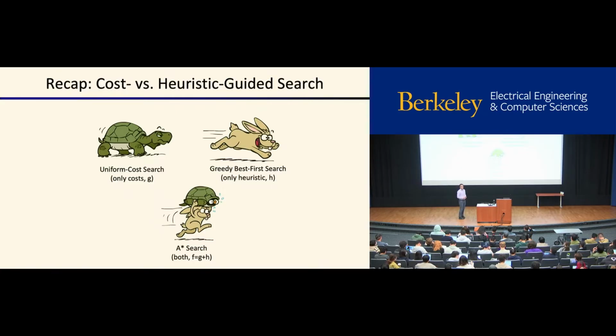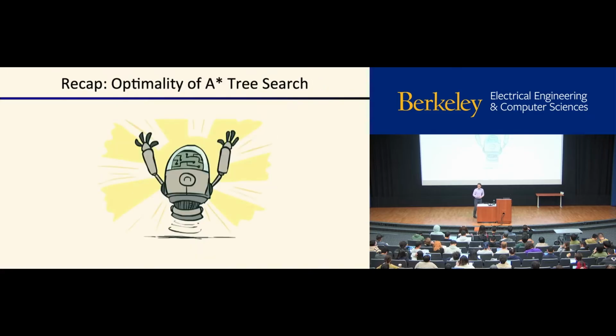Sometimes we want that, right? Sometimes we don't care if we have an optimal solution. We just want a solution as fast as we can find one. And greedy search can sometimes get us there. I've used greedy search in the past. But sometimes what we want is an optimal plan. And A star is a nice blend of these two different algorithms. It searches out a little bit for low-cost plans, but it also tries to guide the search towards interesting plans. And we proved that it's optimal,